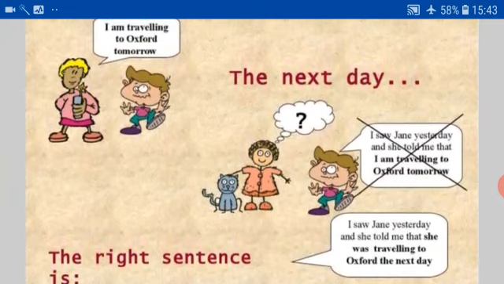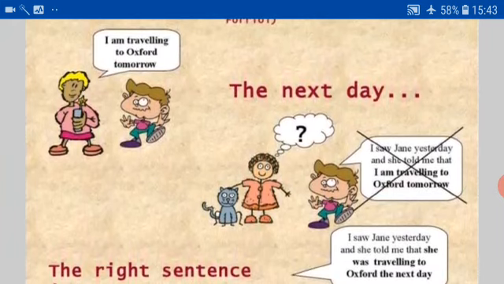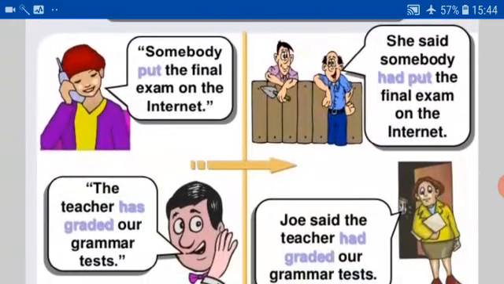All rules are following here with the 6 steps formula, just like this. Said is converting here into told. If they are discussing, there is used said and we have converted it into told. And if inverted commas are there, it means someone is saying to another, then here we will use the conjunction that. And I is a first person and we have changed it into she. And am traveling is a present continuous tense and we have to change it into past continuous. Tomorrow is changed into the distance-denoting the next day. Some more examples are here.